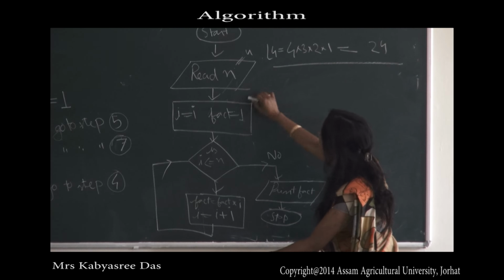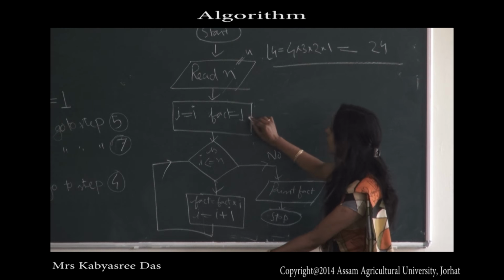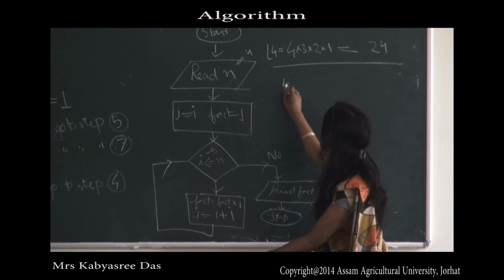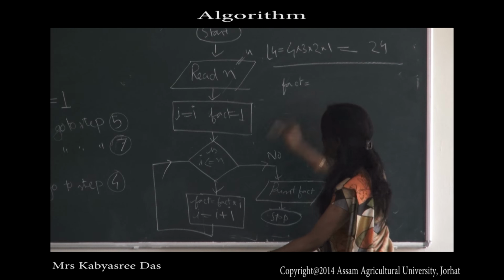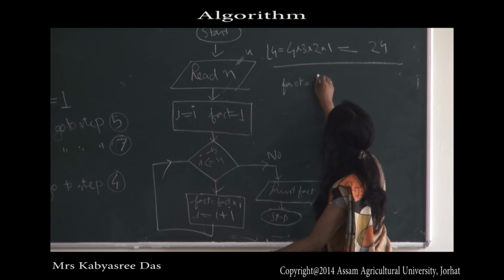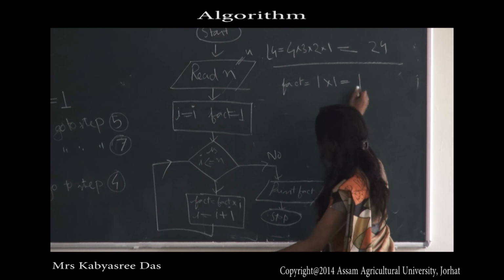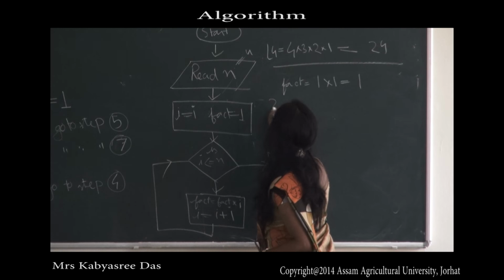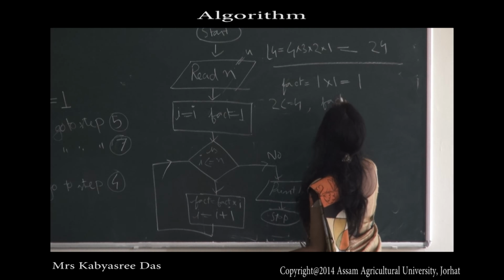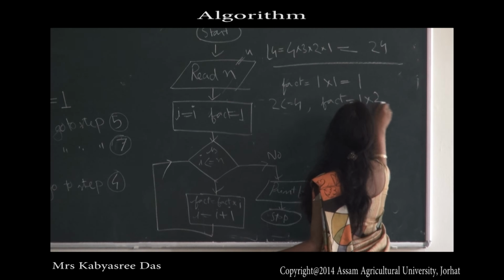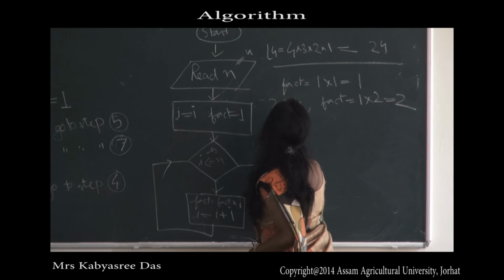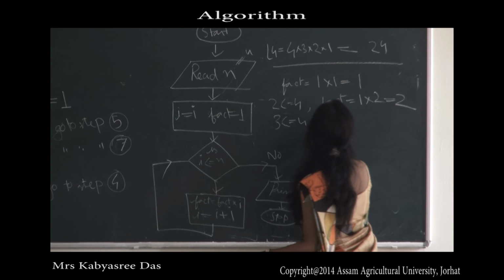Now check. I is equal to 1, fact is equal to 1. 1 is less than or equal to 4, yes. So fact is equal to fact into I, which means 1 into 1 is equal to 1, and I equals I plus 1, which is 2. 2 is less than or equal to 4, yes. So fact equals 1 into 2, 2. Next value of I is 3. 3 is less than or equal to 4, yes. So fact equals